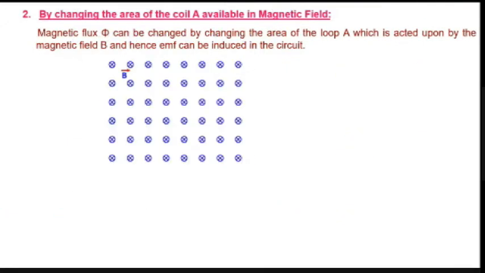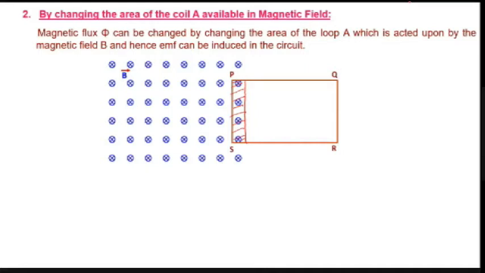So let's take this magnetic field. As it is crossed, it is into the plane. The direction of the magnetic field is into the plane. Now we'll take a coil, PQRS. Now you can see the area associated with the magnetic field. How much area is associated with the magnetic field? Initially, only this much area is associated with the magnetic field. Now, if I keep the coil there itself, what will happen?